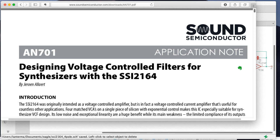So there is a chip called the SSM2164, which was made by Analog Devices, and it was a quad voltage-controlled amplifier that could also be used to create voltage-controlled filters and oscillators and other crazy things. It technically went out of production, and then Cool Audio, which I think is Behringer's chip manufacturer, started to